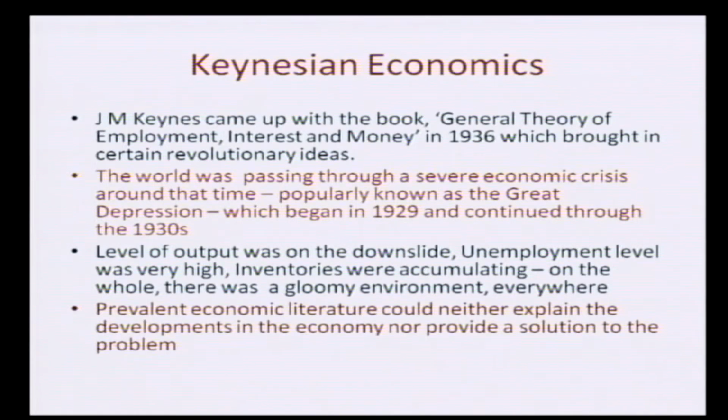During a recession, which is a part of the business cycle, there are fluctuations in aggregate income over time, and there are ups and downs in GDP and other economic aggregates. During that time, the unemployment problem was very high, almost about 25% of the labor force were unemployed. Most of the economies were passing through a phase of severe depression, an extreme form of recession, and there was a crash in the stock market. Overall, the economic environment was too gloomy around that point of time.